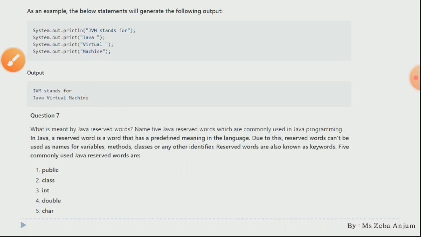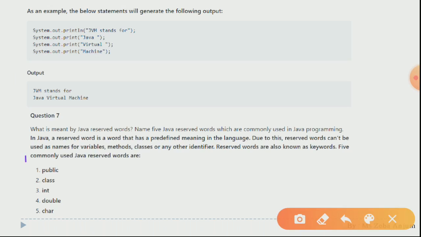Now moving forward, question number 7. What is meant by Java reserved words? Name any 5 Java reserved words which are commonly used in Java programming. Java reserved words are basically your keywords, and keywords have a predefined meaning to the compiler. In Java, a reserved word is a word that has a predefined meaning in the language. Due to this, reserved words cannot be used as names for a variable, method, class, or any other identifier. Reserved words are also known as keywords. 5 commonly used Java keywords are: